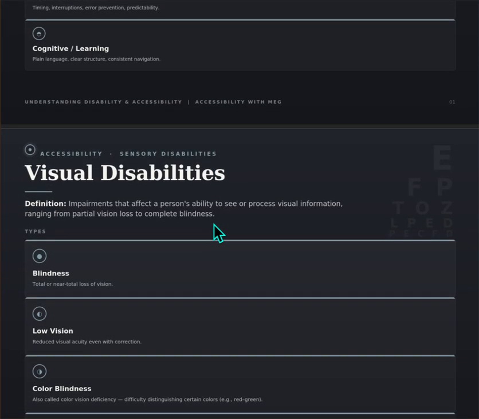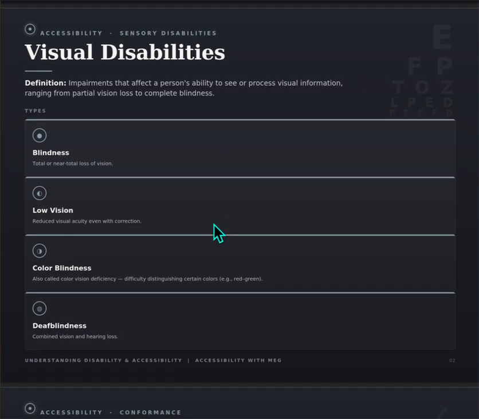The first one is visual disabilities. Now, impairments that affect a person's ability to see or process visual information. It may range from partial vision loss to complete blindness, right? The different types of visual disabilities, we can categorize them under blindness, which is a total or near total loss of vision, low vision, which is reduced visual acuity, even with correction,